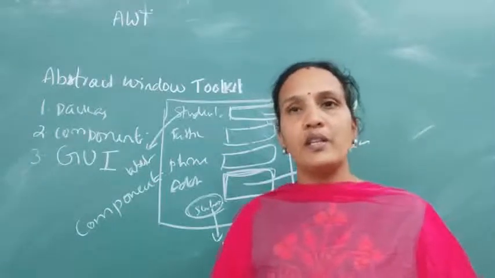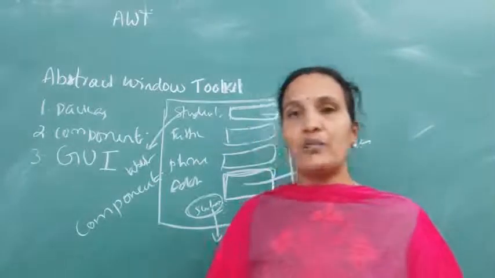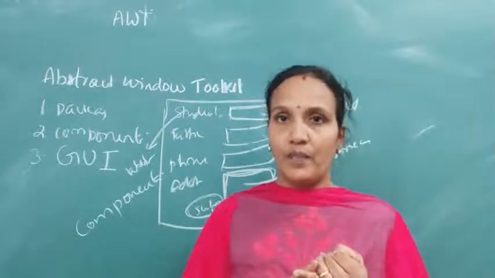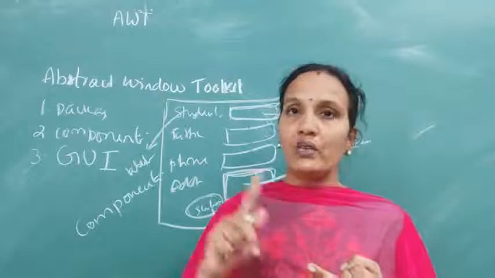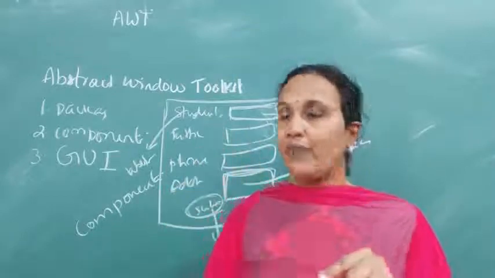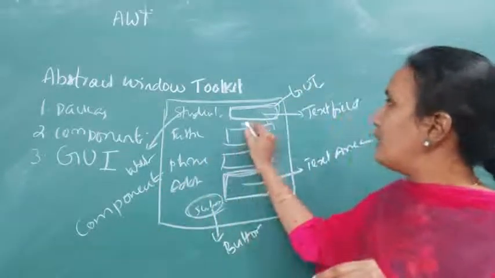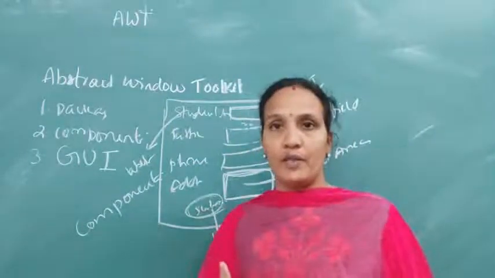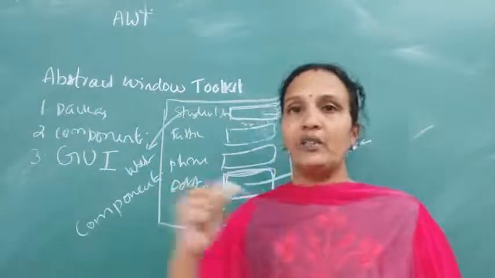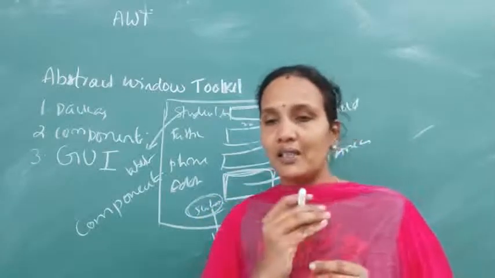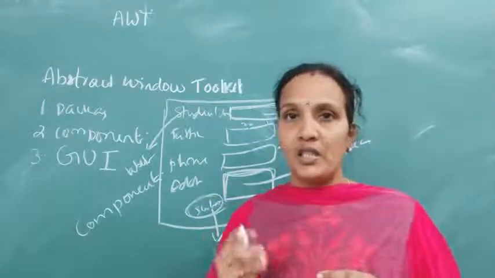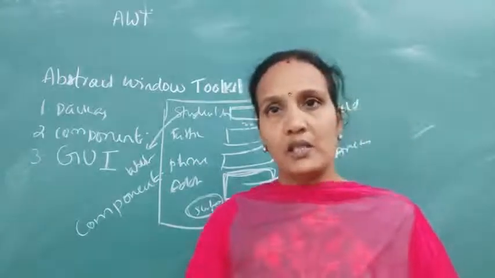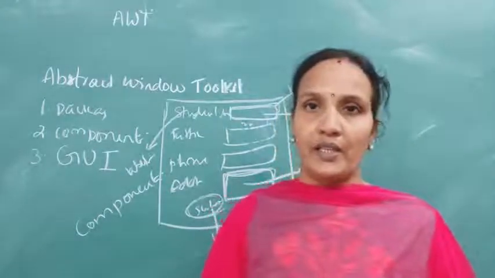Whatever components we are creating, for each and every component, you need to create an object. You need to add that to the screen. And what is the size? For example, this is 200, this is 100. You need to give the size of each and every component, and that should be added to the screen. So these are the basic procedures when you are creating web-based applications using the AWT package.